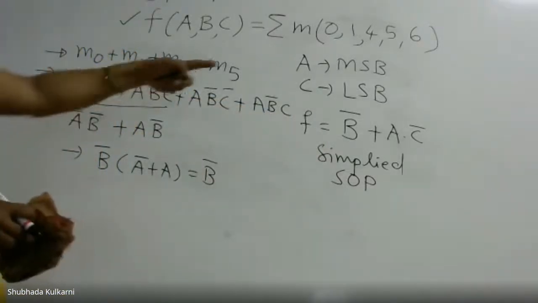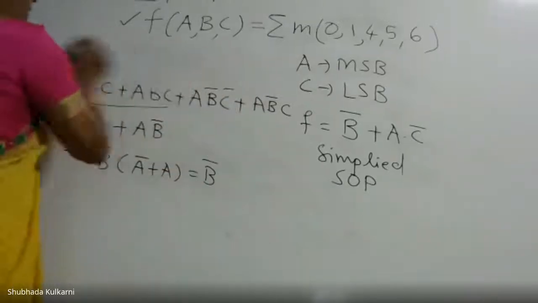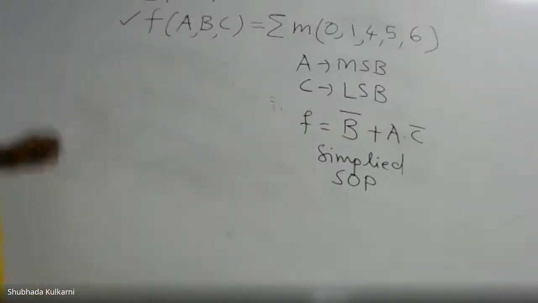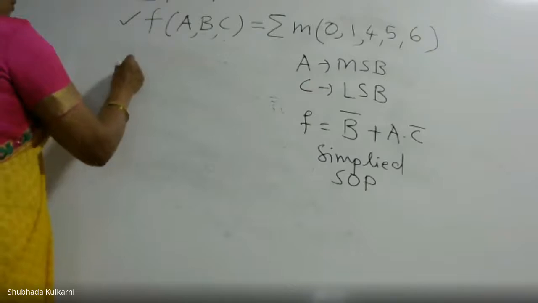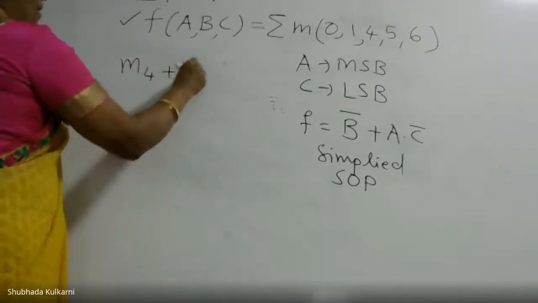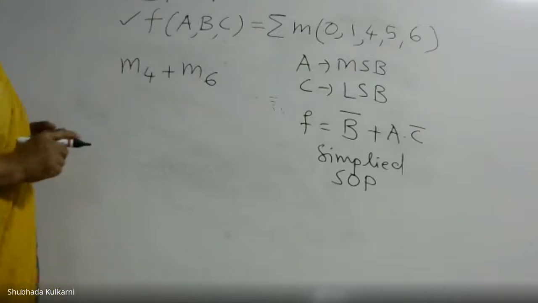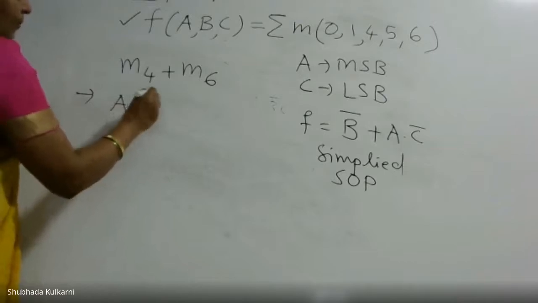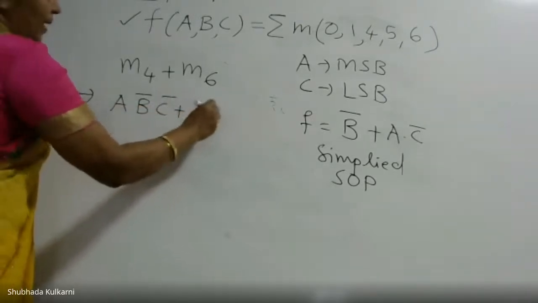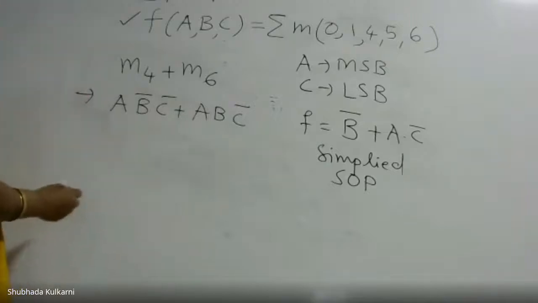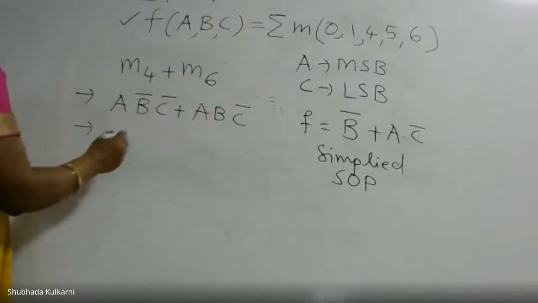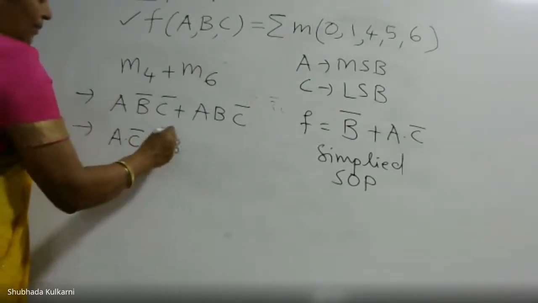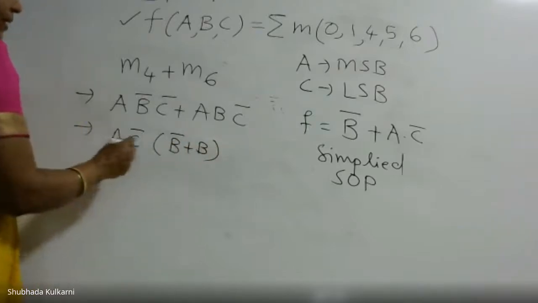Now, that A C bar also I will do. The pair which we have formed by using group M4 and M6. In your K-map, if you have written it, it is before you. It is M4 plus M6. Joining those two ones with the overlapping map, you got a pair. So M4 means A, B bar, C bar. M6 is AB, C bar. So what is common here? You look at these two expressions. A C bar is common, means A dot C bar in bracket B bar plus B, which is 1. So finally you got this.